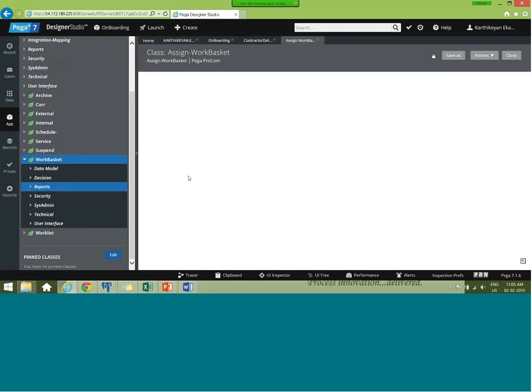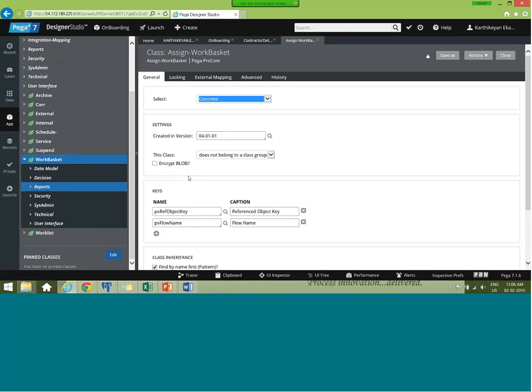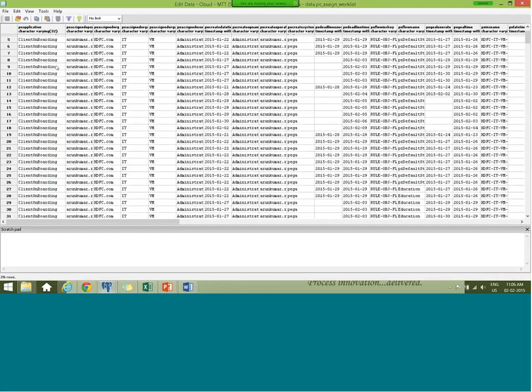PX assigned to is like to whom you are going to assign. That is a key which you are going to pull out. But these are the two things. What is the reference object key? It is like your work object key, and where exactly you are now, the flow name. So your assignment is always associated to your flows. Correct? Yes, got it.